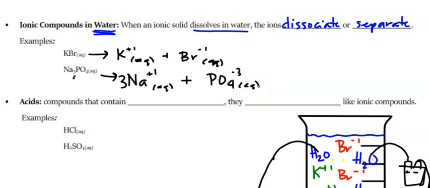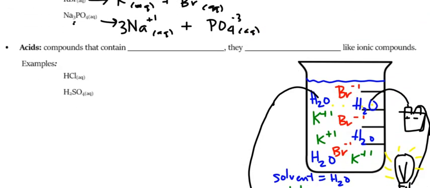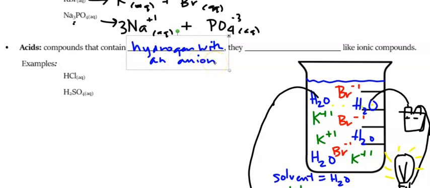So other things that are electrolytes that would conduct electricity are acids. Now, acids are compounds that contain hydrogen with an anion. So not just any compound with hydrogen. Hydrogen has to be the cation, the positive, with some anion like bromine, chlorine, or a polyatomic ion like phosphate or nitrate. When that happens, they will dissociate